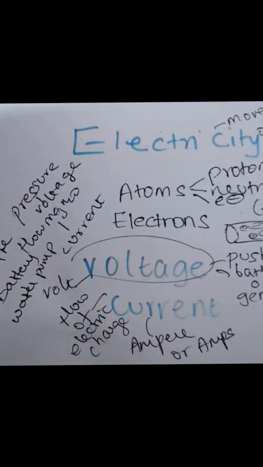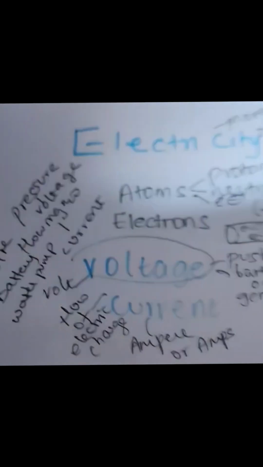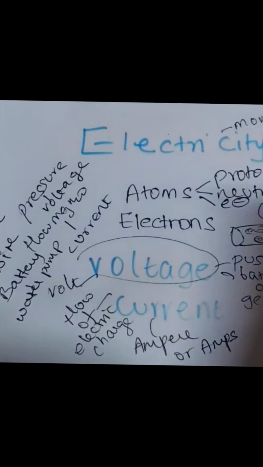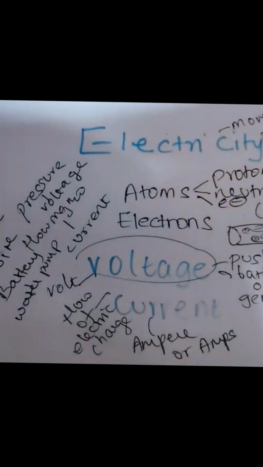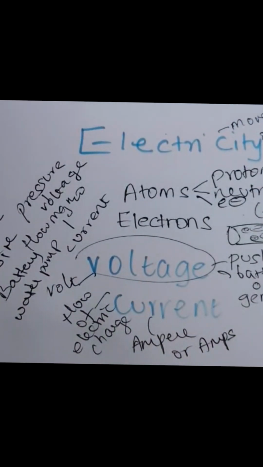If there is no pressure, no water flows. If there is no voltage, no current flows. So that's all about this video. So in the next video, we will answer another important question. If voltage pushes the electrons, what limits the current? The answer is resistance. And we will also learn one of the most famous equations in engineering, which is Ohm's law.